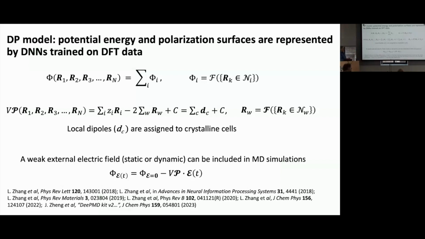The parameters that define this network are independent from the parameters that define this other network. So this f here and this f here are not the same function. They are different functions that are learned again from the DFT calculations and allow us to know what the polarization is at each configuration generated by molecular dynamics. So with that,